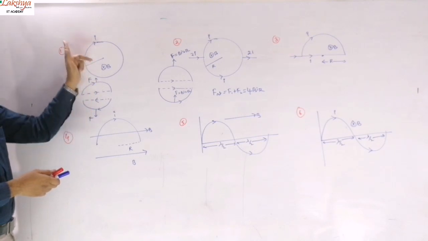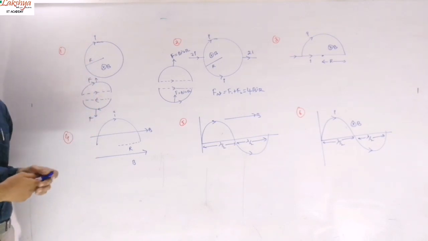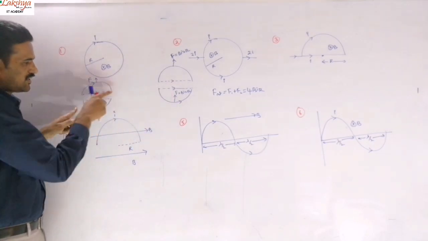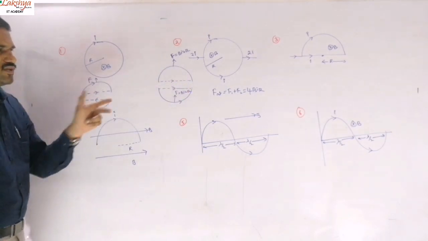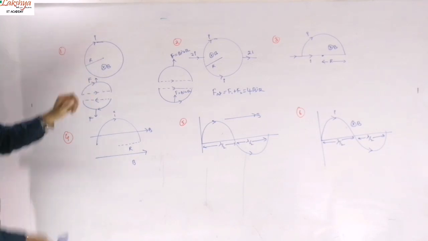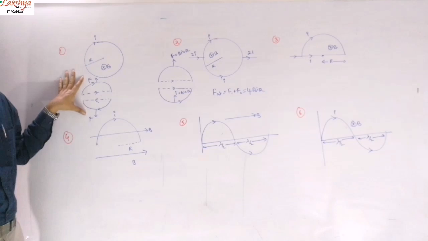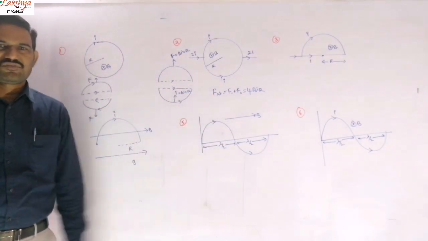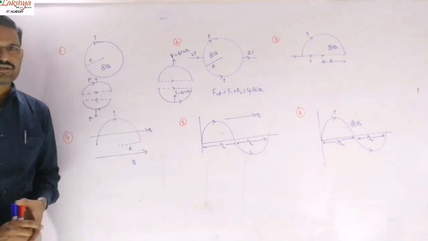And so the force acting on the upper one will be upwards, and the force acting on the lower one will be downwards. That is because of this current direction here. Here the current direction is clockwise and here the current direction is anti-clockwise. So we just need to apply Fleming's left hand rule like this. Here the force will be in the downward direction. So here both are in opposite directions, so the net force is 0, and here both are in the same direction, so we need to add the forces. And so the net force acting on that will be 4BiR you will get.